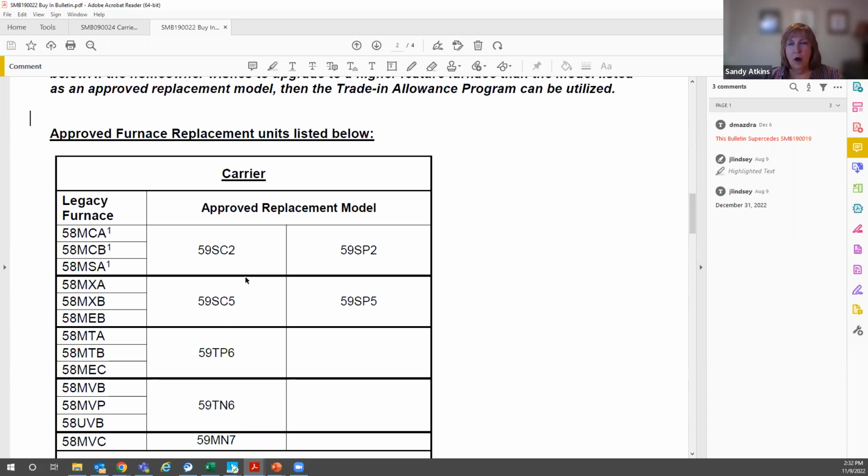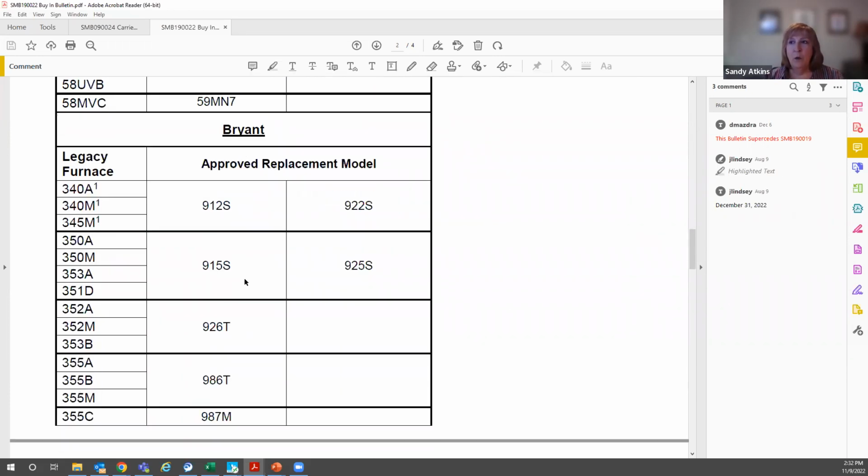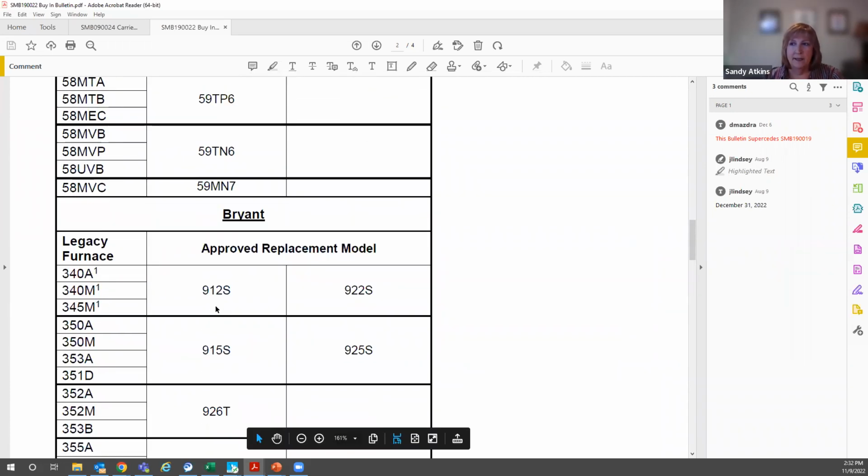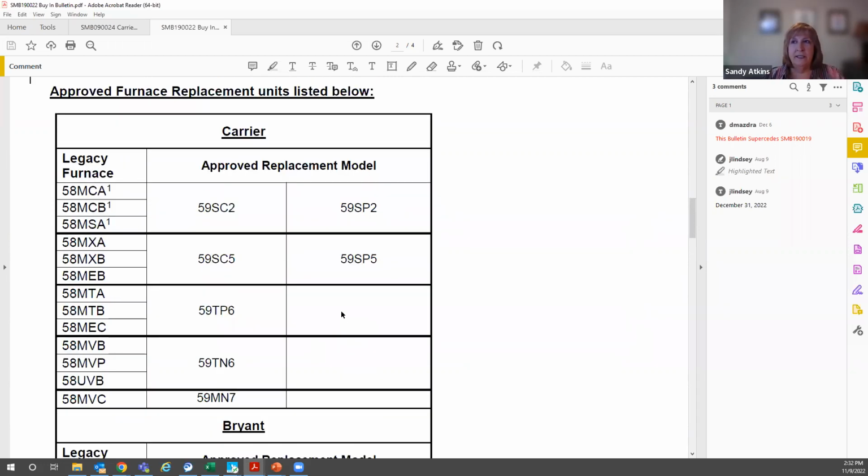Now, if you are a Bryant dealer and you find a Carrier unit, or you're in Indianapolis and you're a Carrier dealer and you find a Bryant unit that somebody has you service that needs changed out, you can do the same tier. So if you're at a Bryant house that has a 340A and you're a Carrier dealer, this is the only change that you can do off of that. You would have to put the same tier in and you can change it out underneath that. That's a great example. So what happens then is